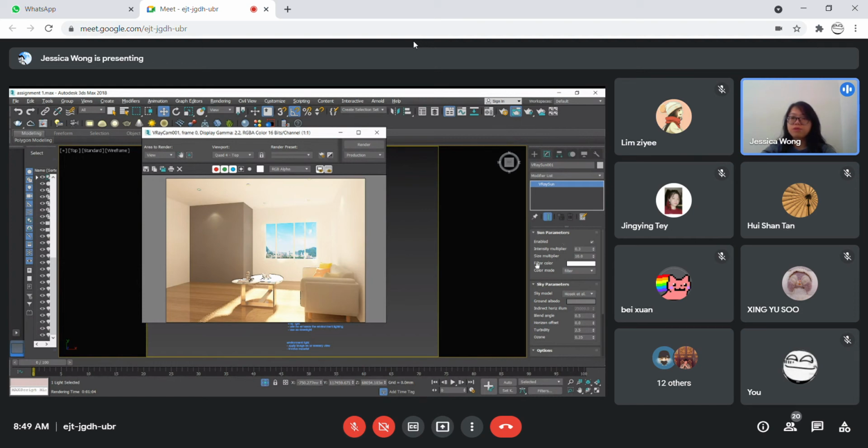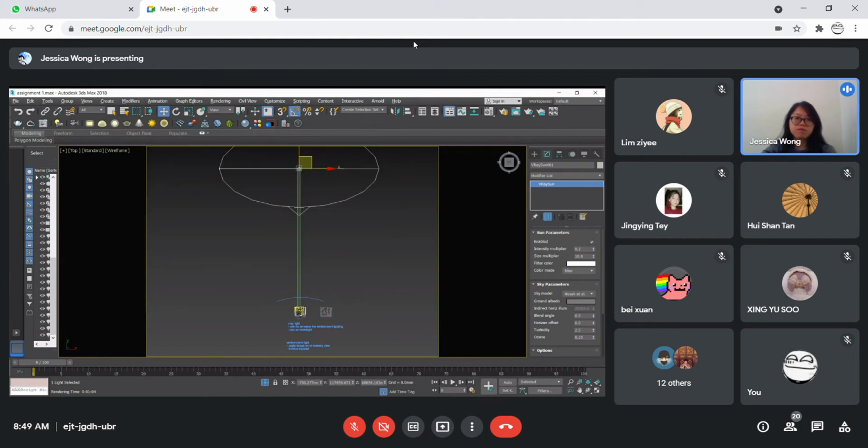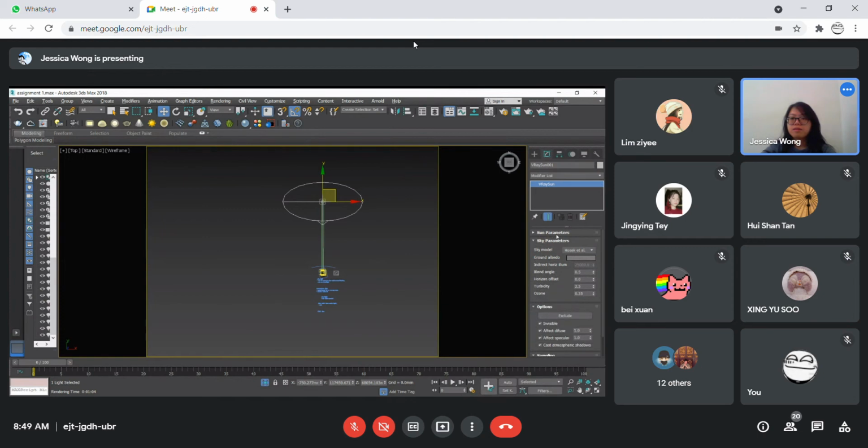Make sure that your VRaySun has a correct multiplier. So this is the sun effect. And as you observe, even though my filter color is white, the render result